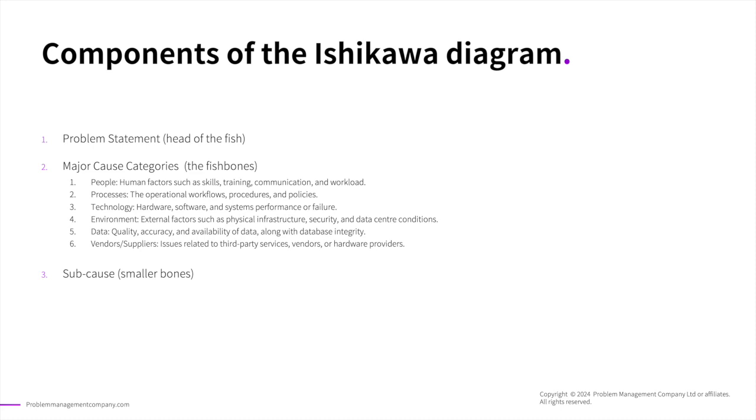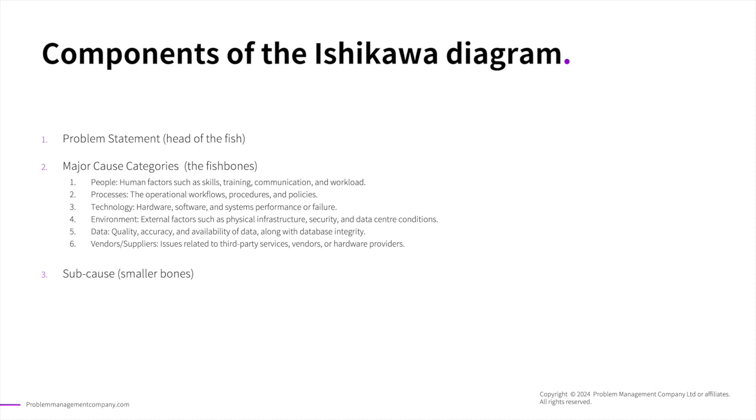Major cause categories, the fish bones. The main bones of the fish represent major categories of causes. Common categories used in IT problem management include people, the human factor such as skills, training, communication and workload, process, the operational workflows, procedures and policies, technology, the hardware, software and systems performance or failures, environment, external factors such as